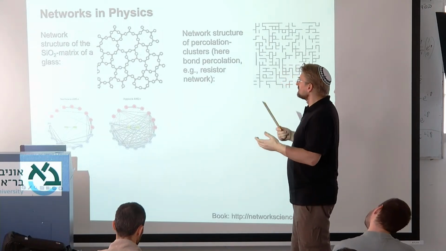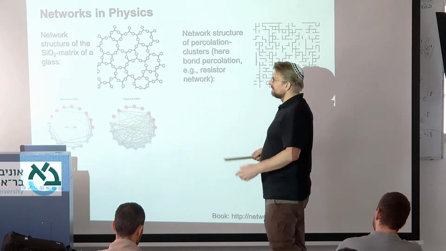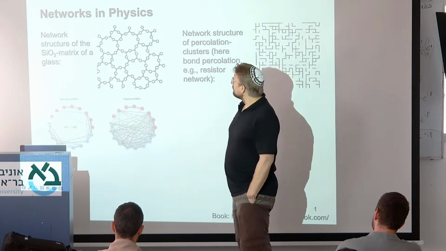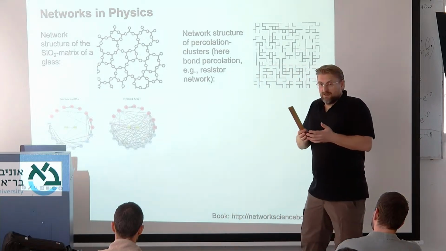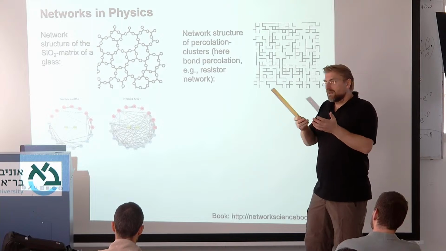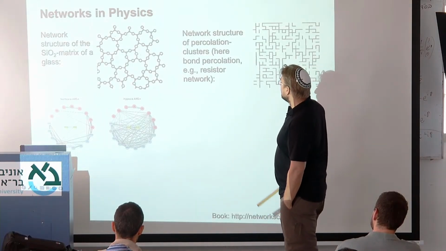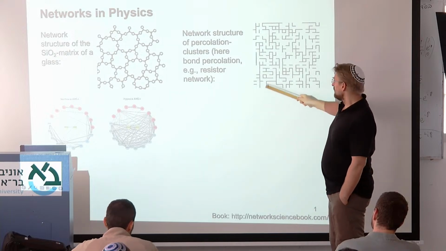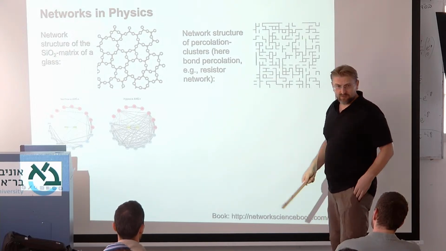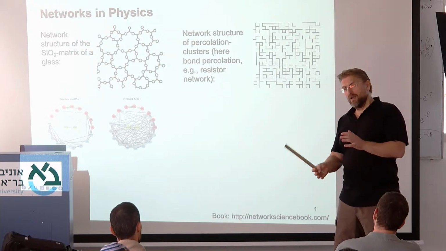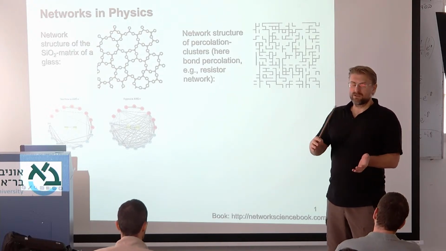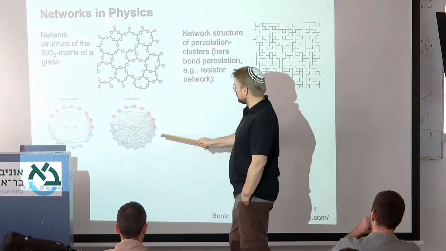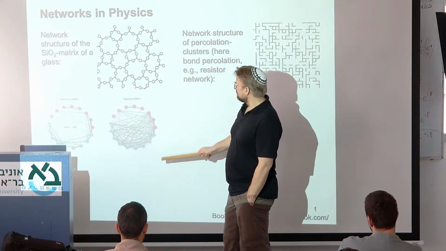And networks, basically, from physics, just when you look at solid state physics, silicon oxide has a network structure, or many solid states, many materials form a network structure. Last week we talked about percolation. Here we have one. Percolation is also a kind of a network, right? You can use this as a resistor network. We talked about the transition also between conductor and insulator, right? So this is an application of networks, and I want today at the end of the class to